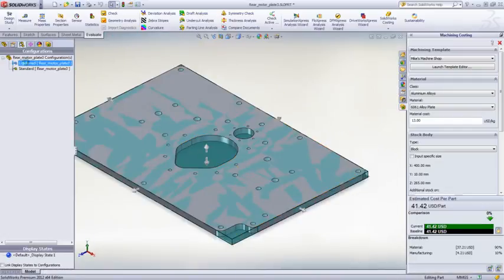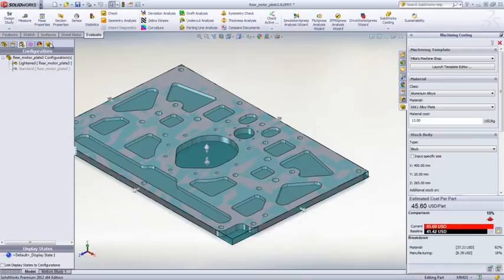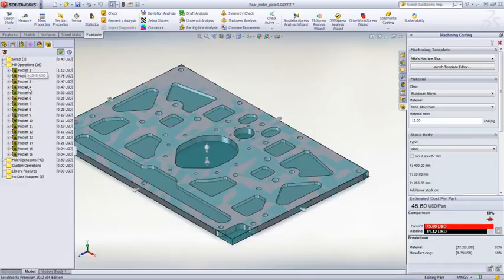In this part, we want to evaluate the cost of reducing weight by machining additional pockets. Costing re-evaluates the manufacturing operations based on the required tool size, type, and cutting speed to remove the necessary material. The new costing tool in SOLIDWORKS 2012 is a great asset for saving time and